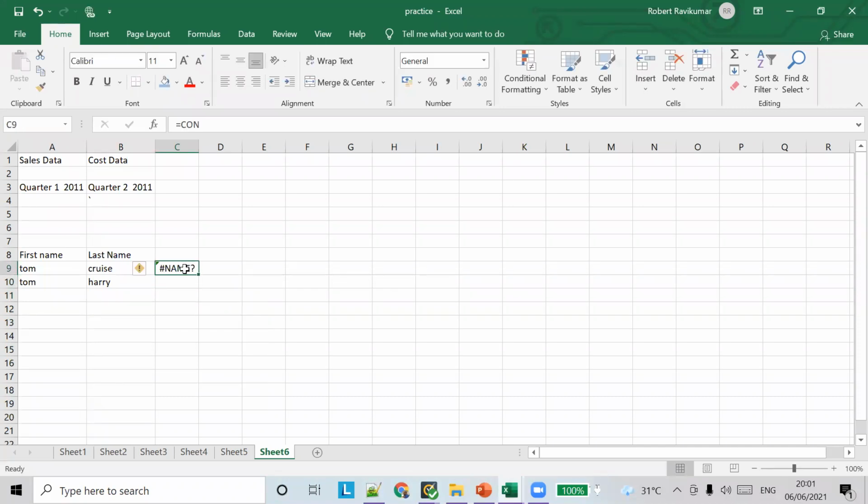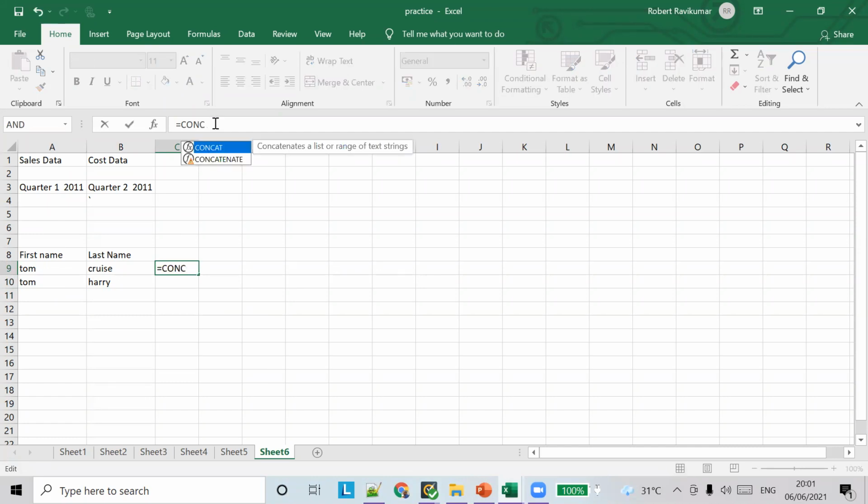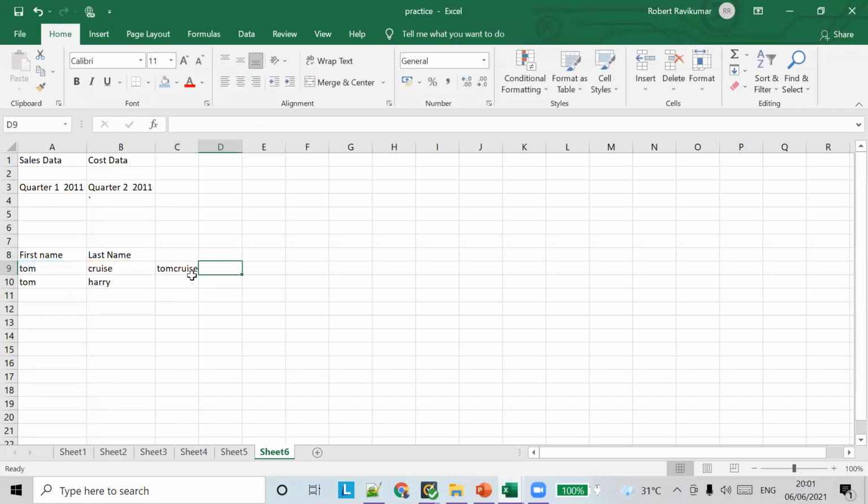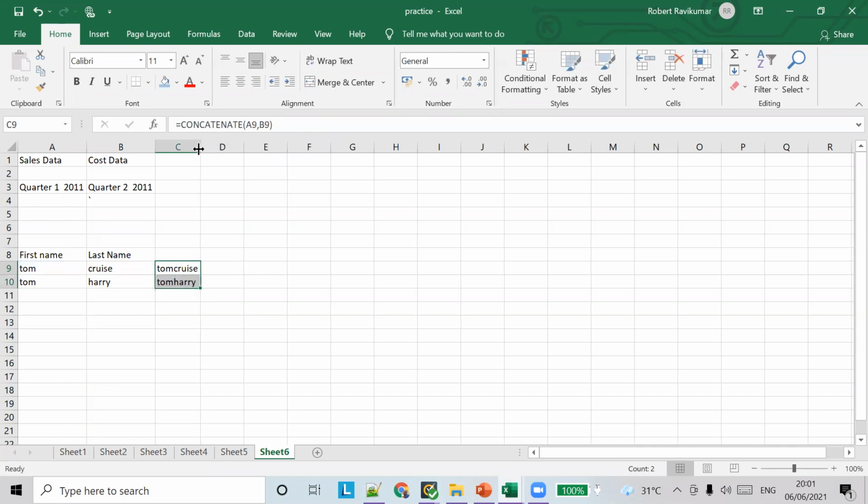What we can use is concatenate. Concatenate text one, which is this one, and text two, which is this one. Close it. So we can concatenate. But there's a problem here. See, there is no space. So what we can do is add some space here.